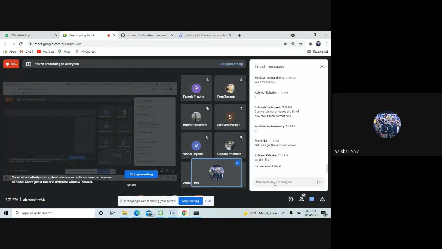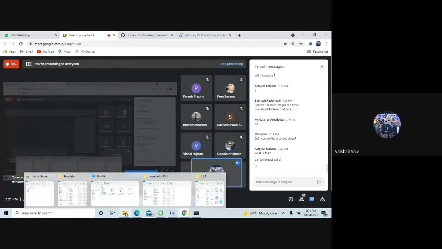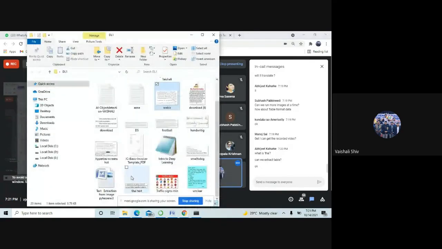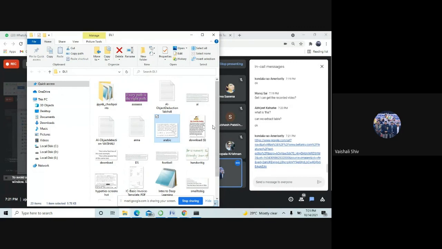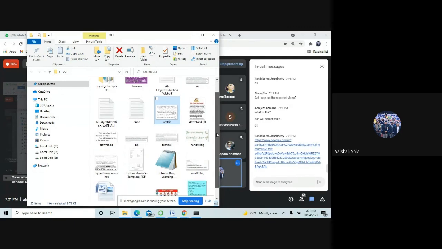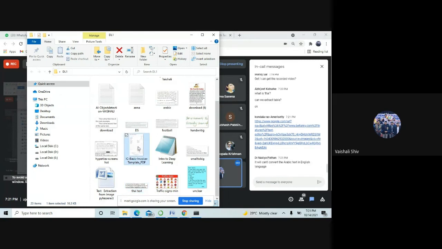Yeah, you can extract the table also, but that should be in the format of an image. Okay, one more thing we will see: the invoice.